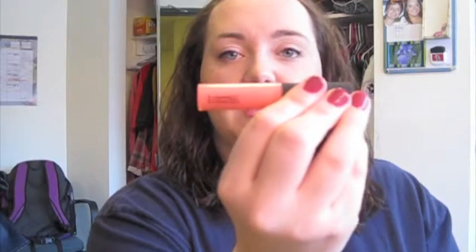Next is MAC Plush Glass, and it's in the color Fulfilled. I love the color. It's what I have on right now. It's very sheer, but to me it looks like a really light watermelon-y color, and I think it's good for spring. But